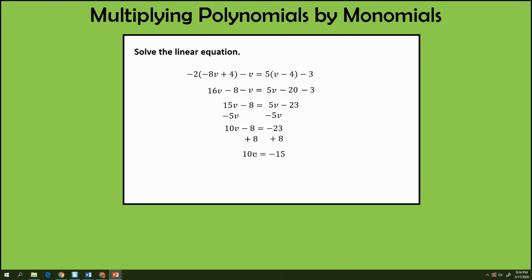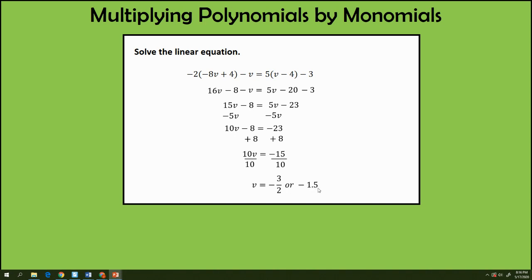Now I want to make the coefficient, which is now 10, become a 1. How do we do it? We divide by 10. 10 divided by 10 is 1, and 1 times v is v. Now over here, you can reduce the fraction. If you divide them both by a 5, you'll get negative 3 over 2, or you could write it as